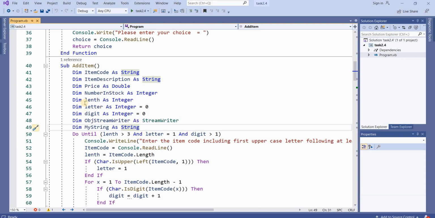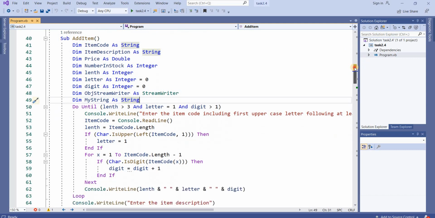For that purpose I got the length variable, and letter, which will count the letters, by default 0. I will count the number of digits, how many digits you have entered, by default 0. This is the file object for writing a file, and this is my string that I will combine to store the data into the file.